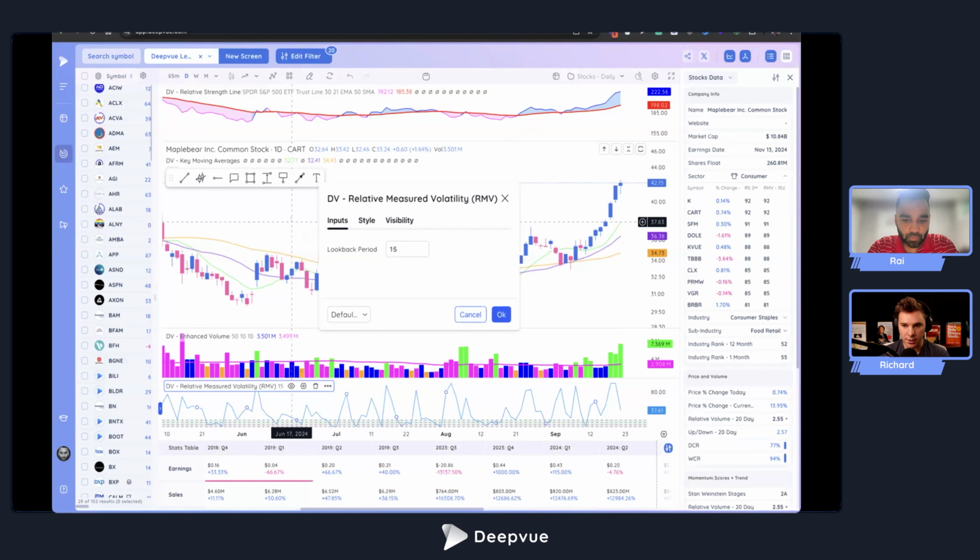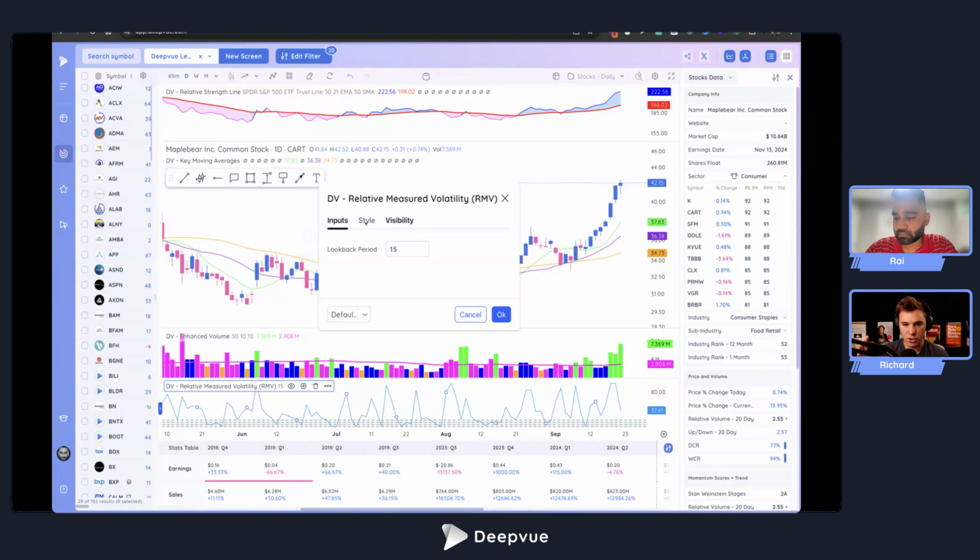And if you look here, the look back period is the key option for RMV. The actual formulation of RMV is proprietary to us. We developed it, but you can adjust the look back period. What that determines is the range of data that you want to input into RMV to decide what a normal range looks like. And then from that, RMV can automatically determine, over this range, is the recent price action tight or